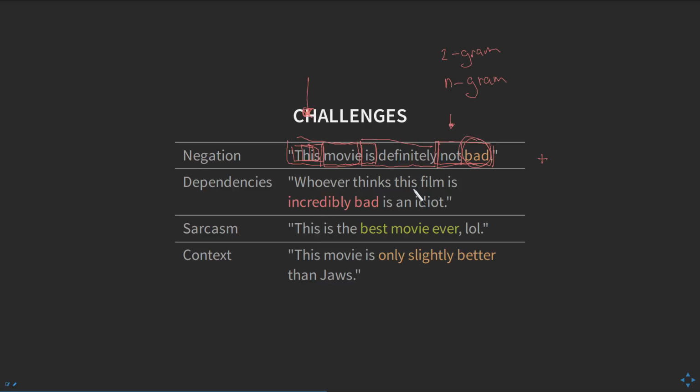So whoever thinks this film is incredibly bad is an idiot. We have to somehow know that incredibly bad relates to the movie or the film right here. But we also have to know that whoever, and then this chunk right here, is an idiot. So this is actually negating the fact that we might consider incredibly bad negative sentiment, because we mean that it is actually good, right? So this is a very long dependency that we somehow have to resolve